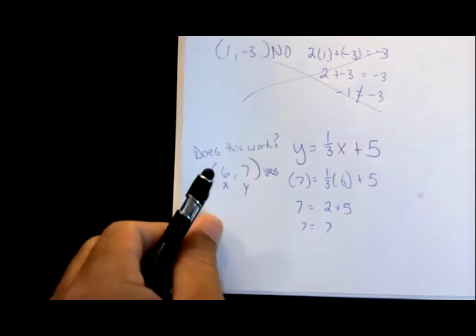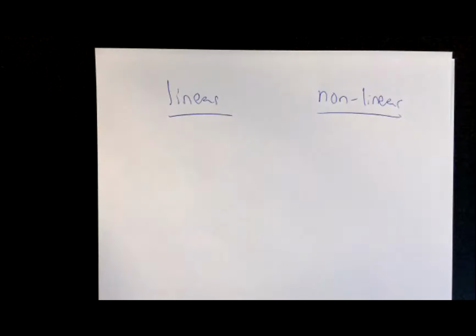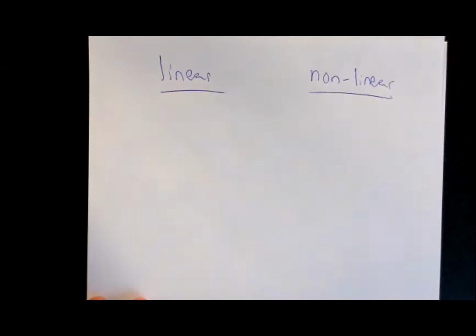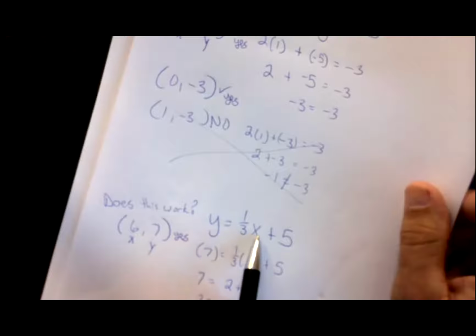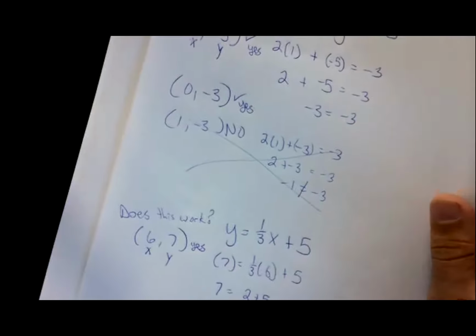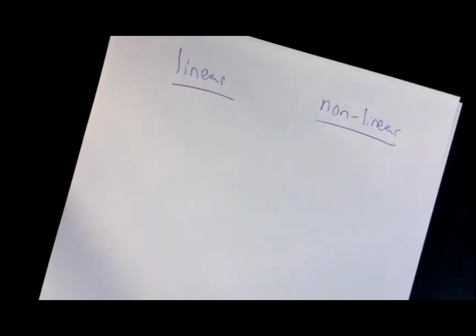Now, the next thing that MyMathLab throws in that I wouldn't throw in yet, but they do, is they also throw in some non-linear functions. Three one is mostly about linear functions. Everything we did, okay, 2x plus y equals -3, y equals 1/3 x plus 5, x plus y equals 5. Any of the problems that we have done have all been linear, meaning when you graph them, they